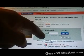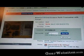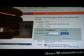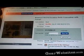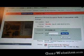Now, just right now, it went from $257 up to $268. So again, I can get this thing at retail, no problem, I'm sure, but I'd really like to get it at a decent value, so I'm going to try to get it for under $300. So with shipping, I think I'm going to go, well, I might go a little over $300. Let's see what happens if I bring it up to